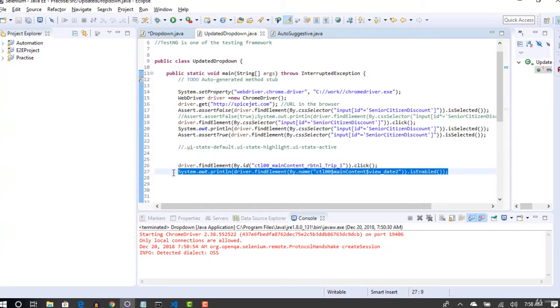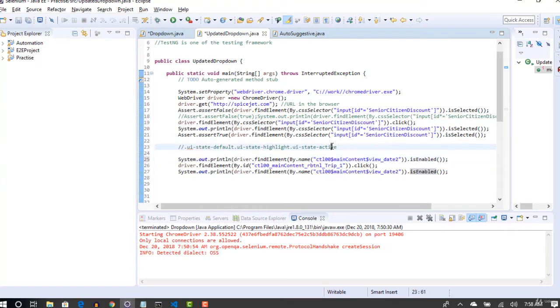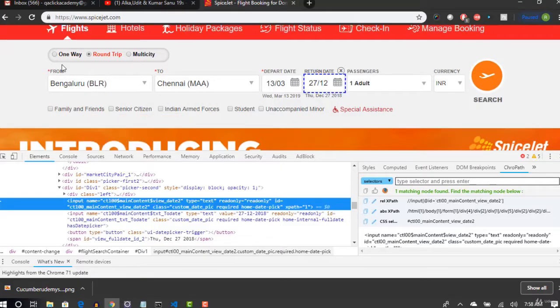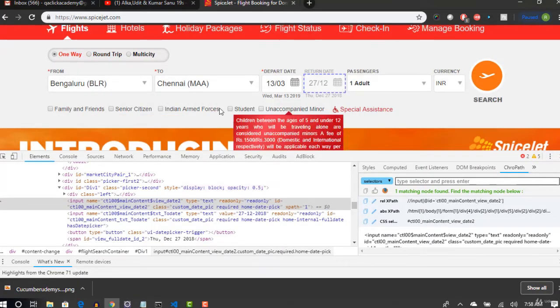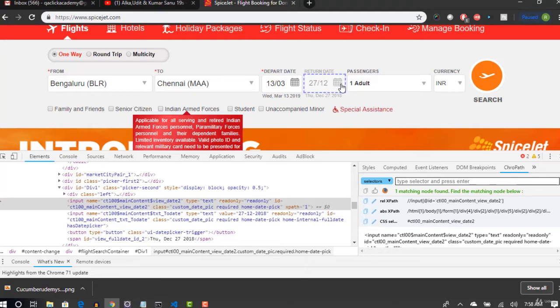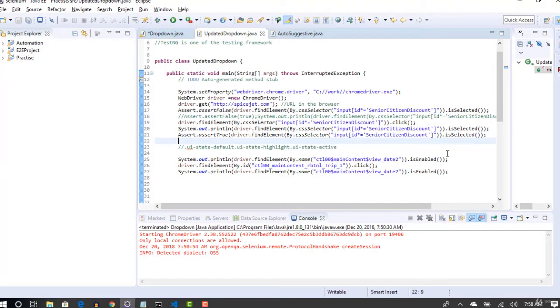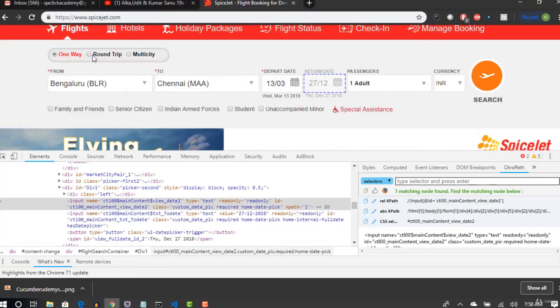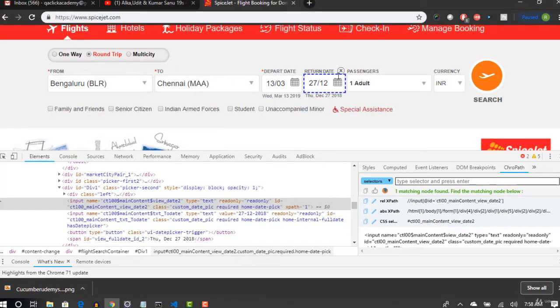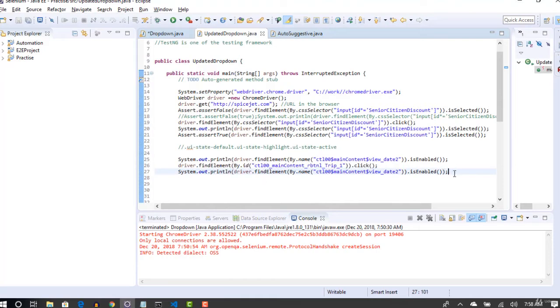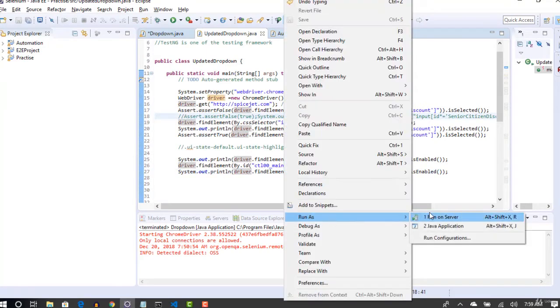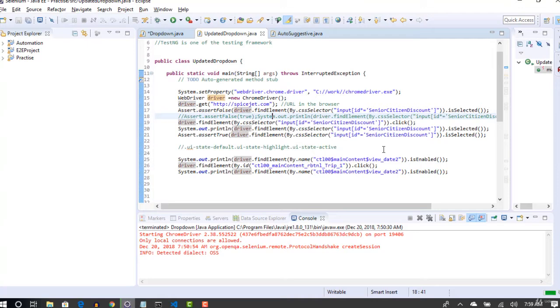So before clicking on that radio button, this will be false, isn't it? By default, you will land on the page like this. Okay, so it's disabled. So when I try to see if it is enabled or not, it should return false. Thereafter, I am clicking on this round trip radio button. After I click, this is enabled, and now this same step which I give again here should return me true, because this time it's enabled. Let's run this test very quickly and see how it goes.